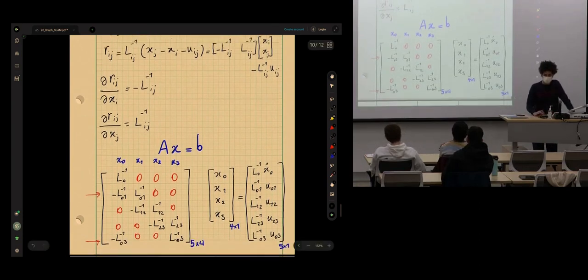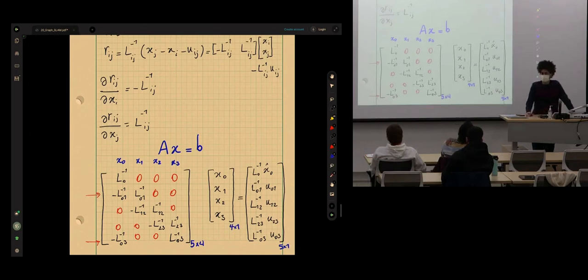If the motion model or the factors here were nonlinear, we would have to reevaluate the Jacobian at every iteration, right? So in particular, this is a linear least squares problem. It's not nonlinear, to keep it simple as a toy problem.